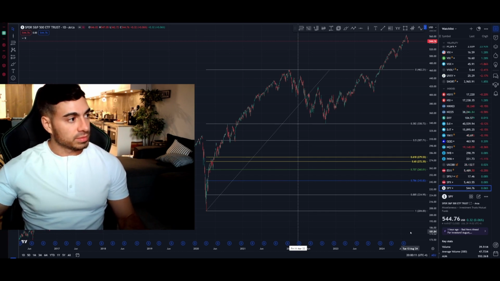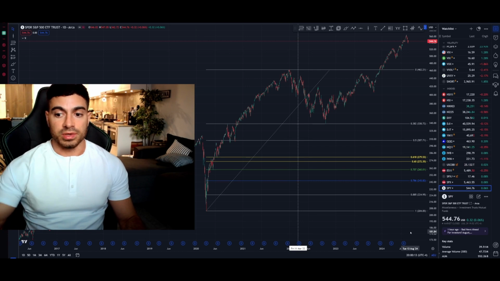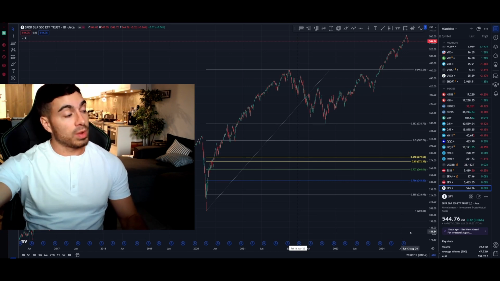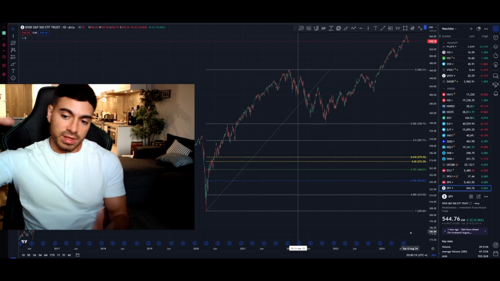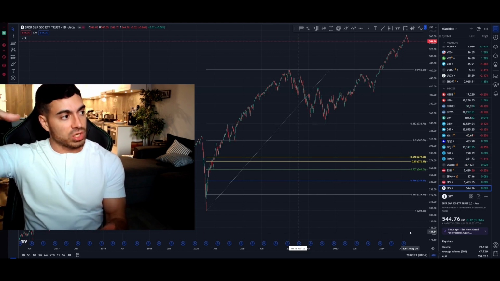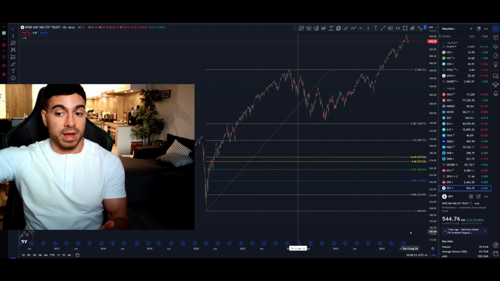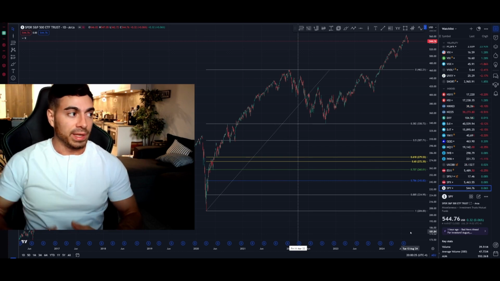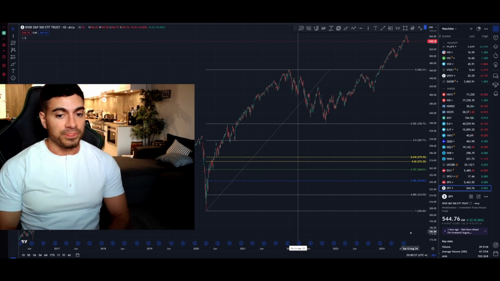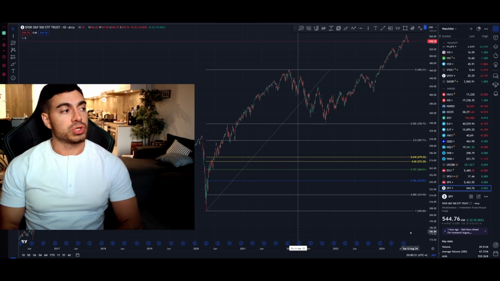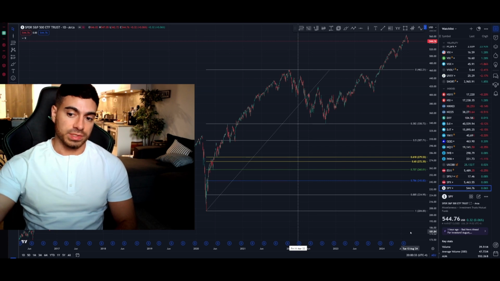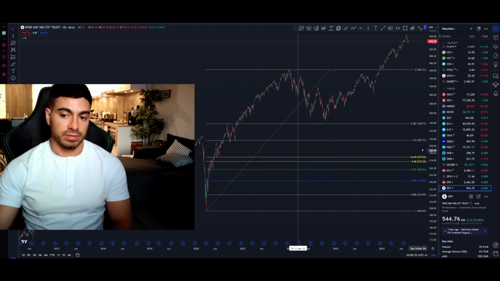That's 61.8% retracement. Your 707 is one of the ones that the algorithms love to consistently use. Your 786 also very important. That's like your major golden pocket. People talk about the golden pocket as the 618 and the 0.65, but your real pocket of favorable retracement and extension levels is going to be those 4 levels right here.